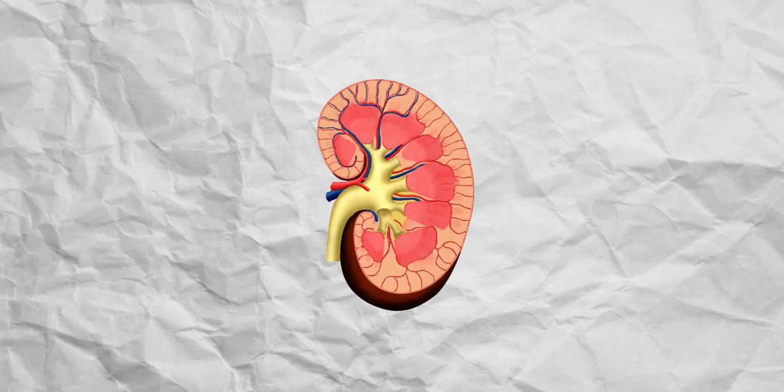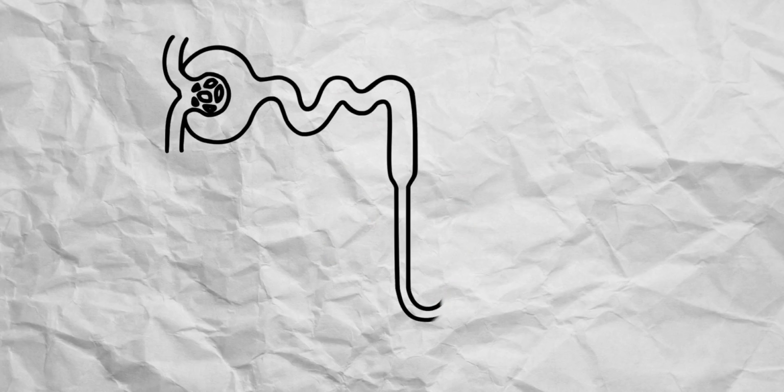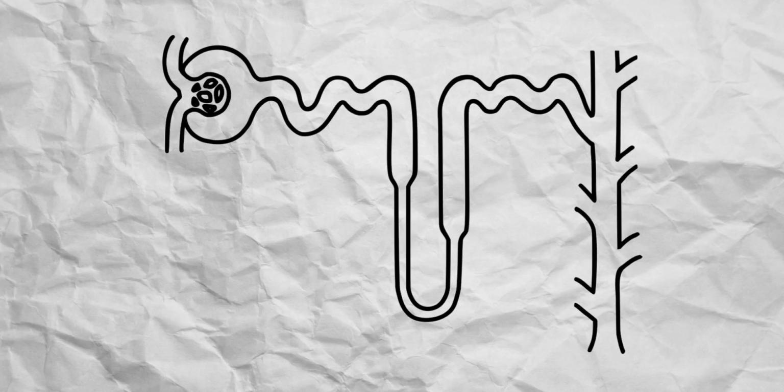The kidney is made up of three main layers: the cortex, the medulla, and the renal pelvis. Millions of tiny filtration units exist here, and they are known as nephrons. Nephrons are the things in the kidney actually doing the filtration, and they work mainly through two simple principles: active